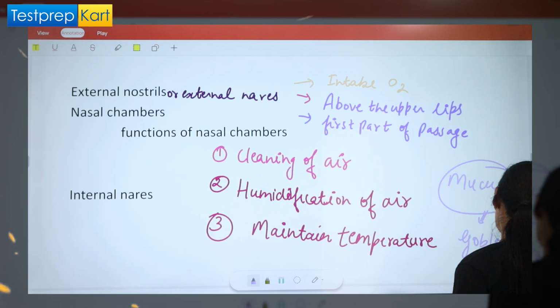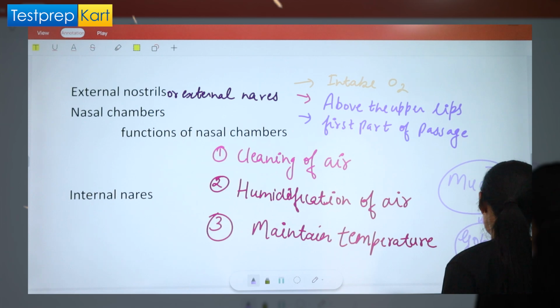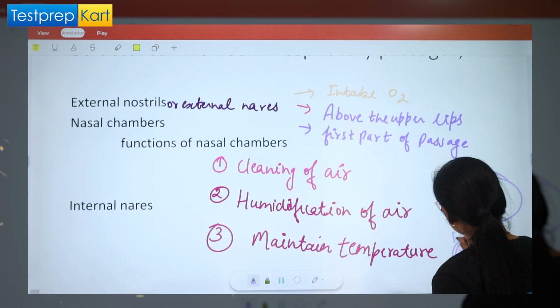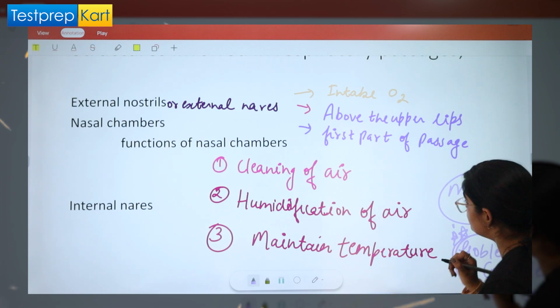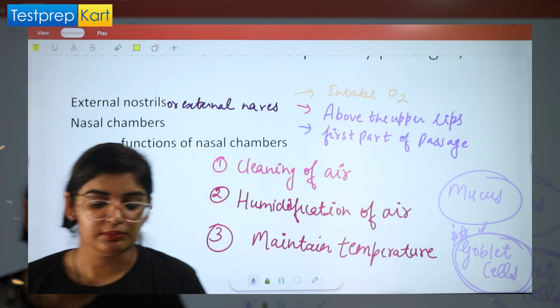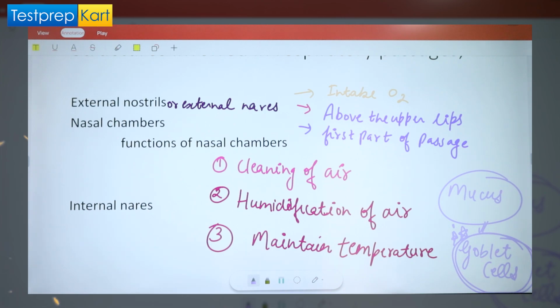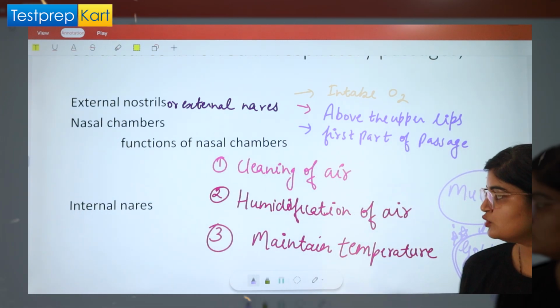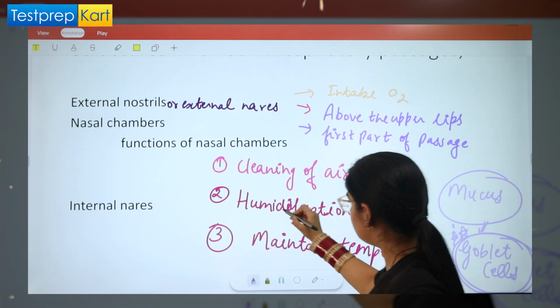So we can say that cuboidal epithelium forms the goblet cells, and these goblet cells release the mucus, and this mucus makes the air humidified so that we can breathe in. The third function is maintaining temperature. It is also done by the